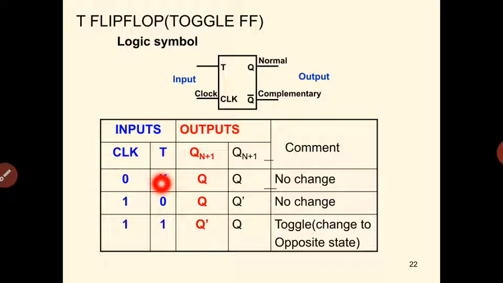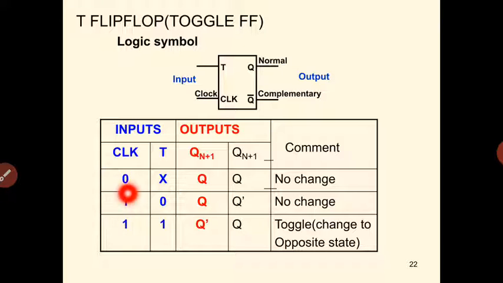so irrespective of the T input, the present output will be equal to the previous output. Irrespective of the previous input, irrespective of the present input, the present output will be equal to its previous output. That is no change. If clock is not applied, this is true for any flip-flop. When clock is 0, irrespective of the inputs of the flip-flop, the present output of any flip-flop should be equal to its previous output. There will be no change in the output of the flip-flop as long as clock is not applied.